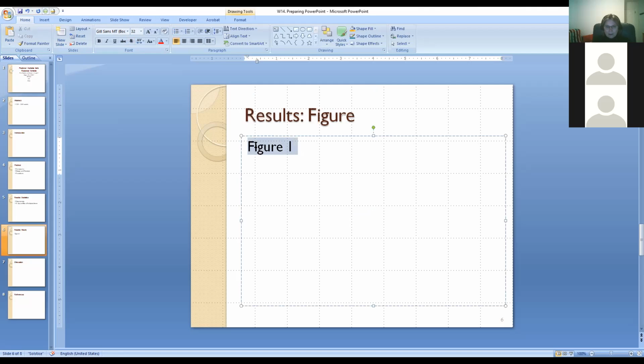Okay. And this is bold. And then comes your response variable as a function of predictor. I don't want to type everything because it will take time. And then you copy and paste your figure from Excel or from Google, what's the name of that? Sheets, right? Google Sheets, whatever you're using.